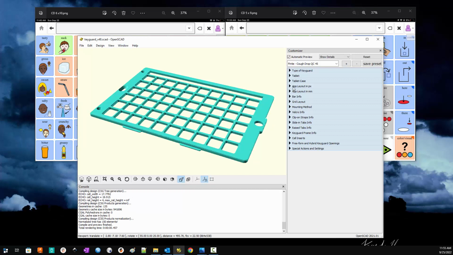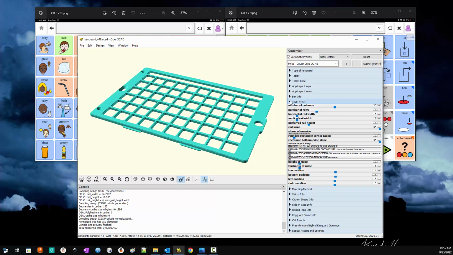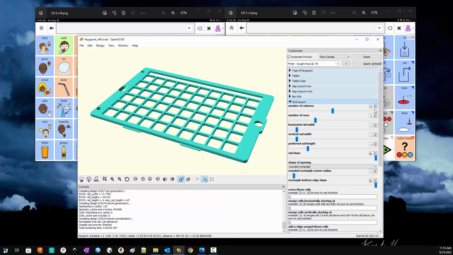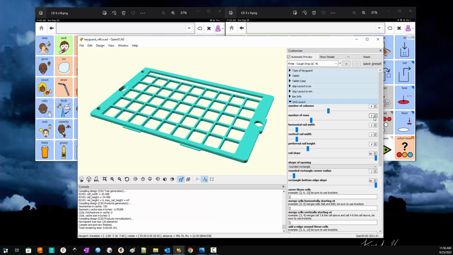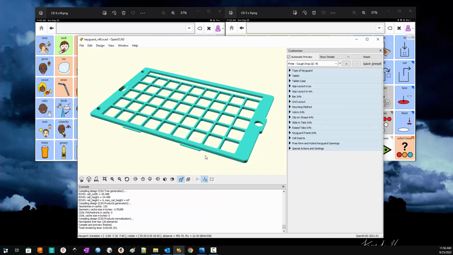Okay, and then I will now go to the grid region, and I'll simply say I want 9 columns. Select it, take the value down by 1, and then hit the Enter key. So now I have 5 by 9. The only thing left for me to do at this point is just verify that I want